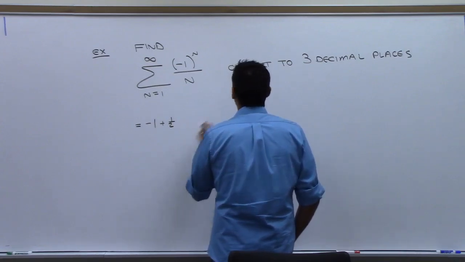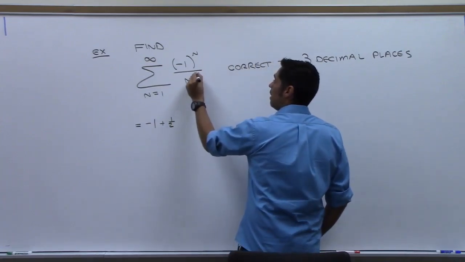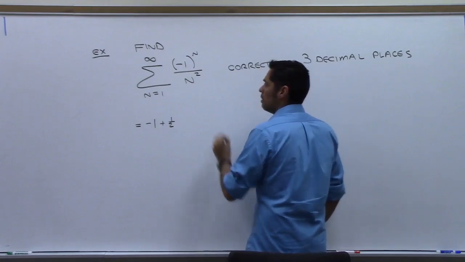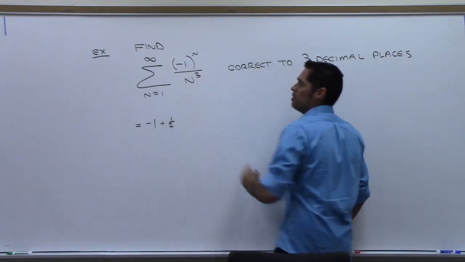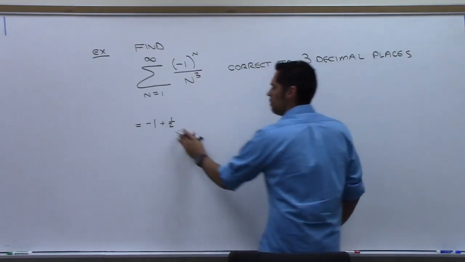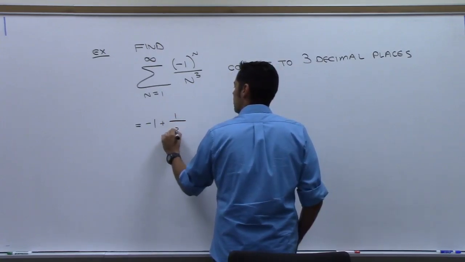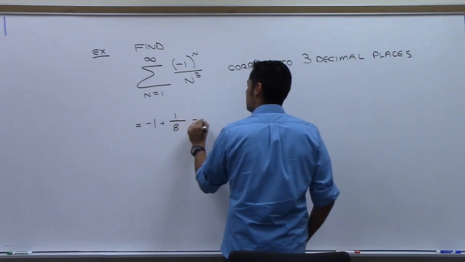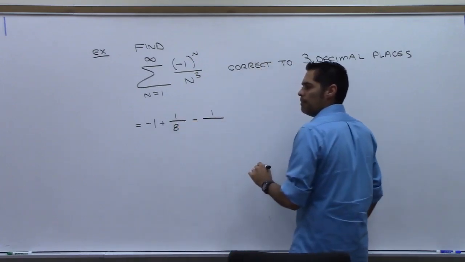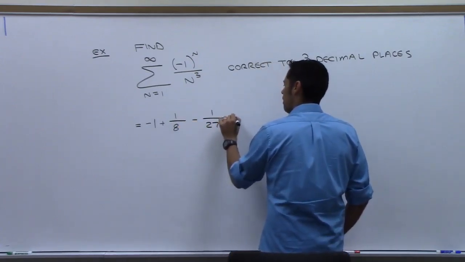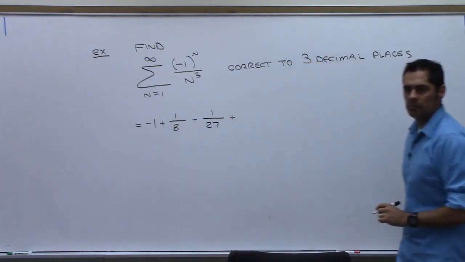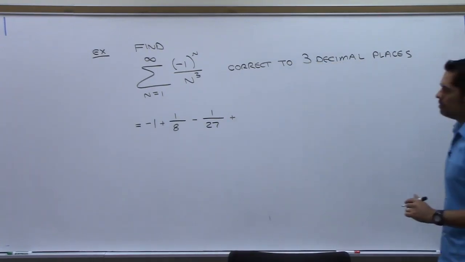This is going to take forever. Let's do this. Let's go n squared. Or let's go even faster, n cubed, okay? So this will be 1, what, 1/8 would be next? Minus 1, what, 27th plus 1/64th